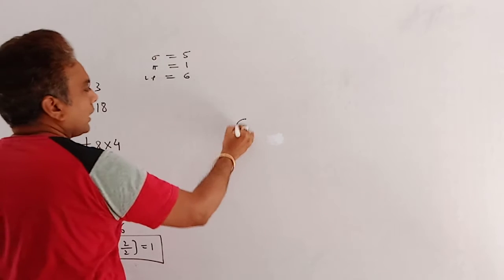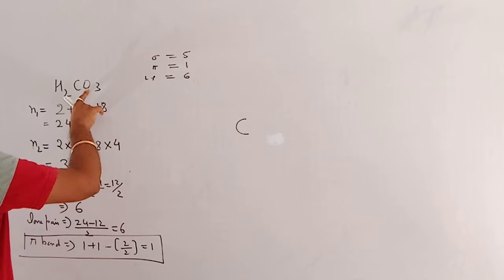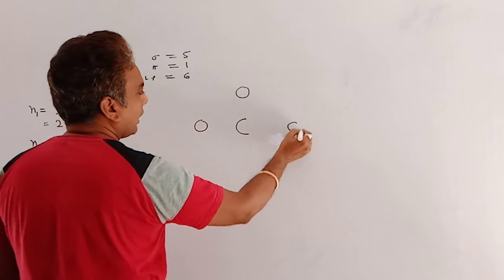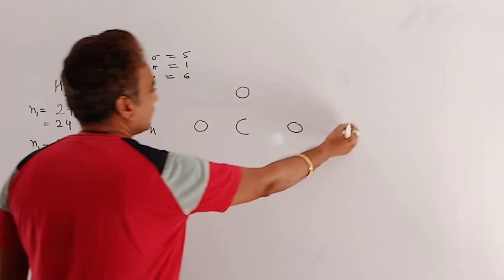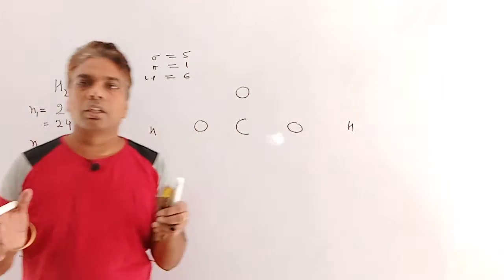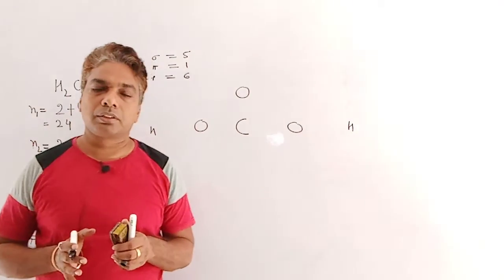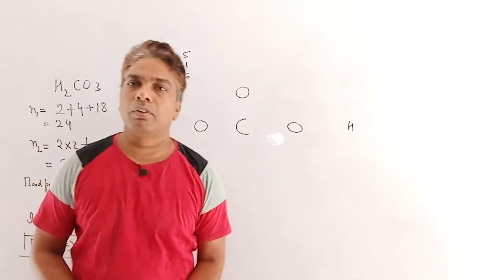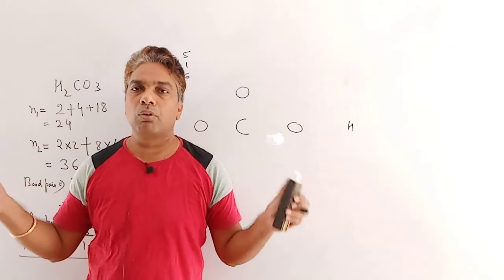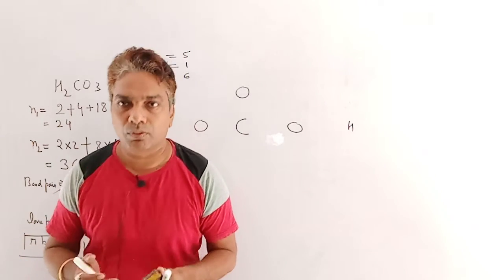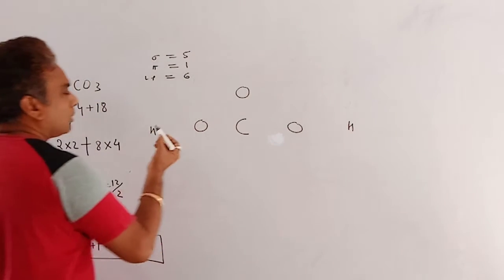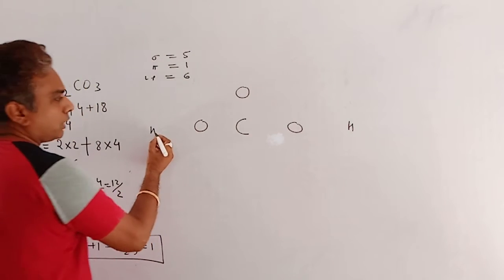Firstly, draw the central atom, which is carbon, symmetrically with 3 oxygen and 2 hydrogen. Then the bivalent atoms, and the last layer is for monovalent atoms. In case of dot structure, from outer to inner, the valency of the element increases. The outer layer will be monovalent atoms, next will be bivalent, next will be polyvalent. From outer to inner, the valency of atoms increases. Now, bond these atoms according to their requirement.